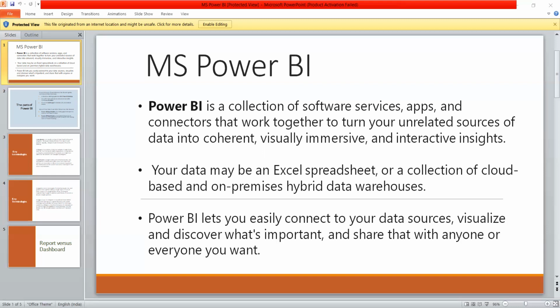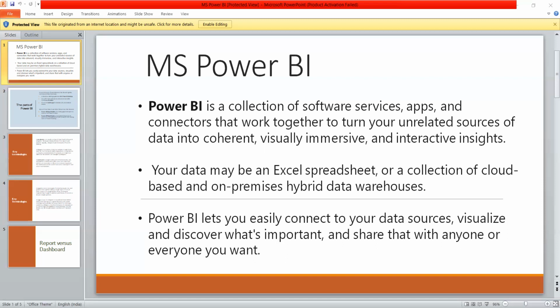Then the next big question that multiple users get confused with: what is the difference between a report and a dashboard? The basic difference is that a dashboard is used just for viewing purposes. We cannot interact with dashboards. We cannot apply filters and slicers to the dashboard. Whereas in a report, we can make use of our filters, and we could dig deep into the data, explore it further and see the insights.